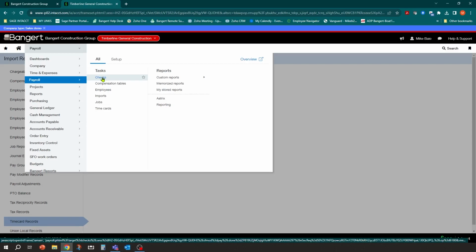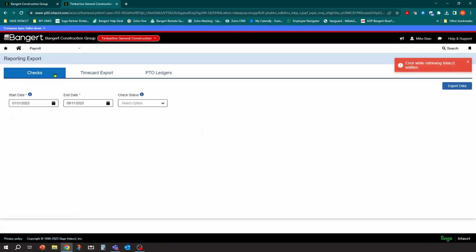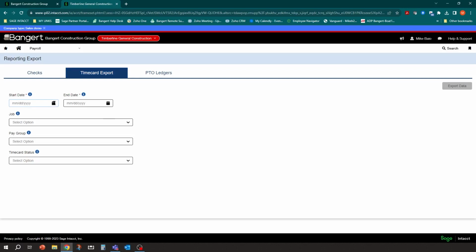There is some reporting built in to the payroll module itself. And what some people do is they'll generate an export file to Excel off of that data, which you can do at this point. So at any time, I can come into this reporting button here, and I can run an Excel sheet off of checks, off of time card export, and I can do a start date, end date. So let's just do that week, which would be Monday to Saturday.